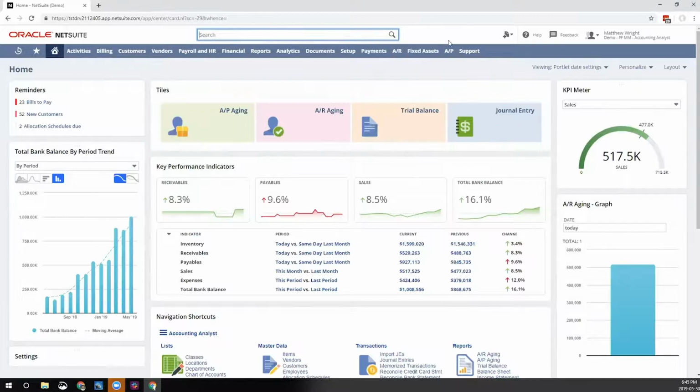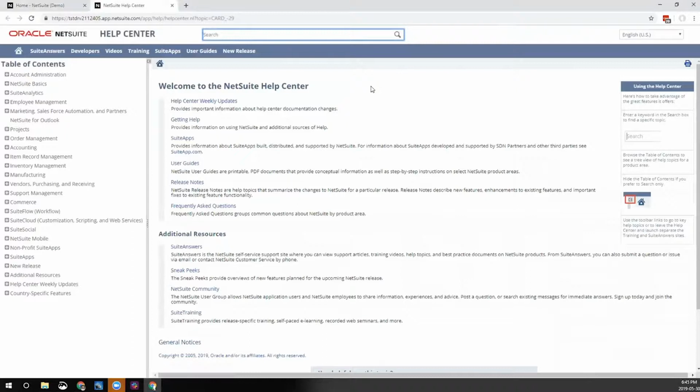Now in order to create records on the fly, I have my quick add menu. And this is also personalizable by the end user, so I can change my experience without having to contact my administrator. Beside this, I have a self-service portal with help articles and documentation on really how to use NetSuite for my day-to-day processes. Now, every user has access to this, so they won't need to ask an administrator how to change their experience or maybe just how a certain process works in NetSuite. We also have user guides, training videos, and even the NetSuite user forum called Suite Answers, where anyone can post answers to solutions they found within NetSuite.